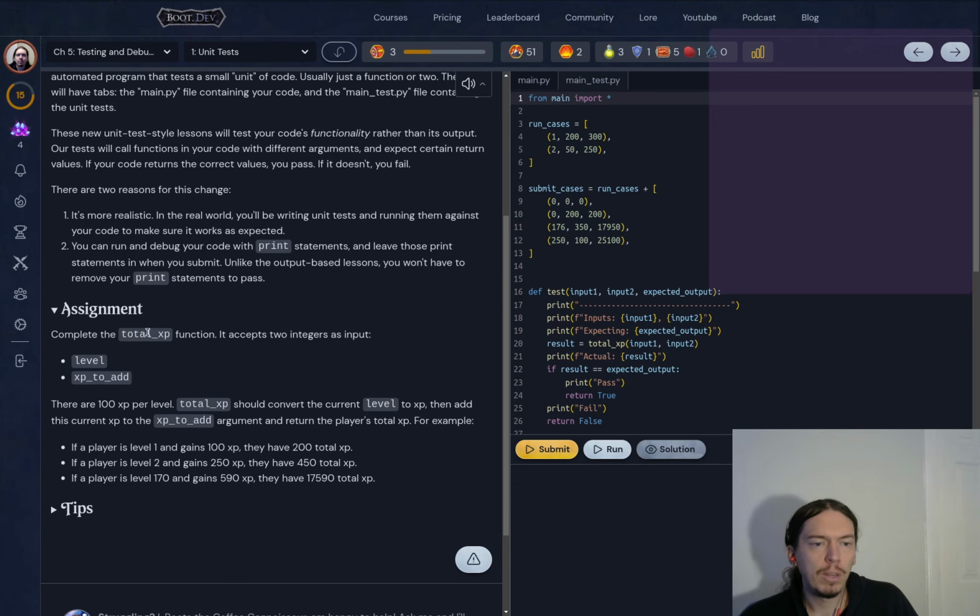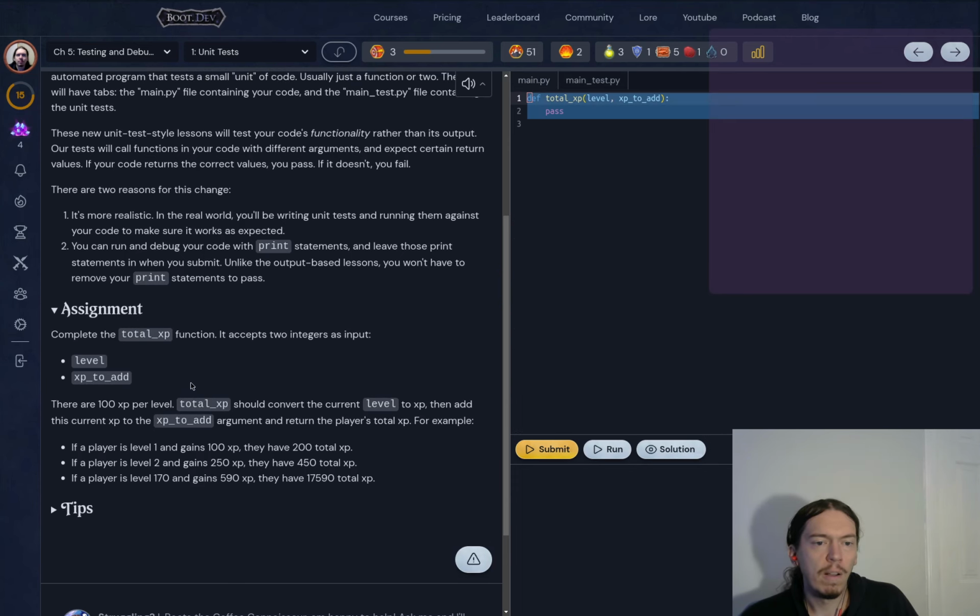Okay. Complete the total XP function. All right, so that's here. It accepts two integers as input, level and XP to add. There are 100 XP per level. Total XP should convert the current level to XP, then add this current XP to the XP to add argument, and return the player's total XP. For example, if a player's level 1 and gains 100 XP, they have 200 total XP. If a player's level 2 and gains 250 XP, they have 450 total XP. Okay? And if a player's level 170 and gains 590 XP, they have 17,590 total XP. All right? So,